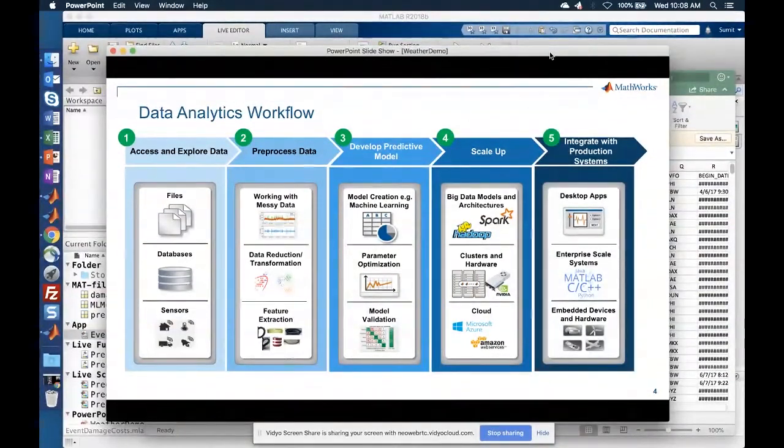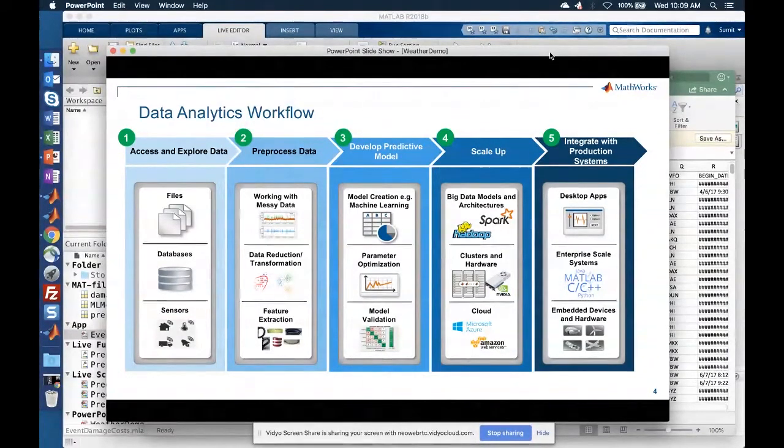And finally, a typical fifth step is deploying this whole application or this whole model that we have developed in different forms. Some of the forms it can take are that we could deploy it as desktop applications or web applications or integration with embedded systems. So once you have developed an algorithm, you might want to deploy it to low-cost hardware or a GPU or an embedded system, which can be, say, put inside a car, for example, if you're working with autonomous driving systems.